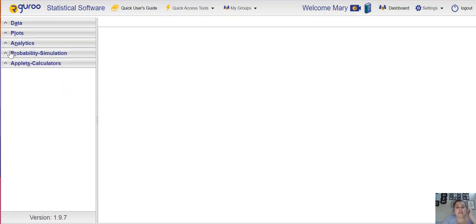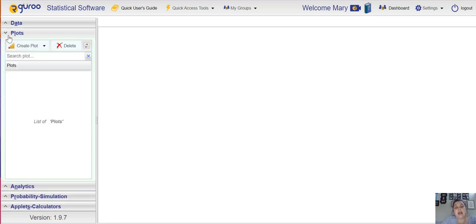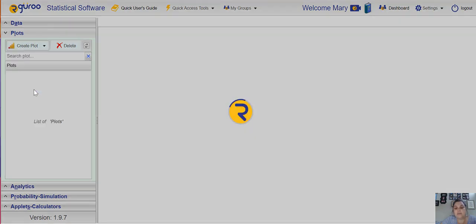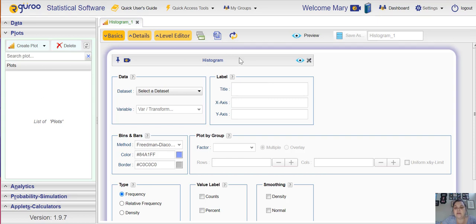So in order to do a histogram, you're going to look on the tool menu on the left and choose plots. So you're going to choose the up arrow just to the left of plots so that it expands. And then you will see the option to create plot. If you click the arrow next to create plot, you will see a list of different plots that you can choose from. You can choose bar plot, box plot, bubble plot, dot plot, histogram, pie graph, scatter plot, and stem and leaf. We're going to make a histogram today. So click histogram and you will see a histogram